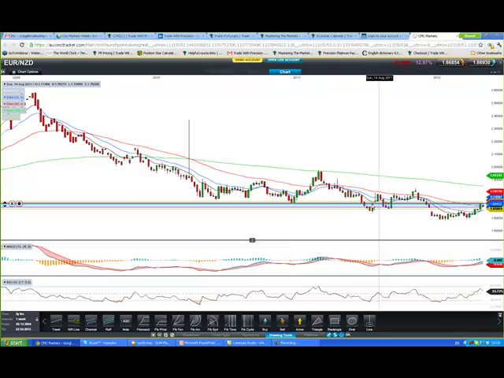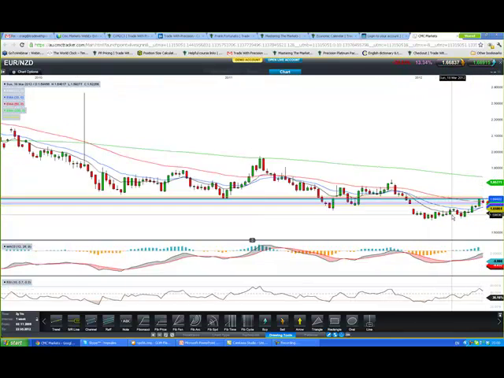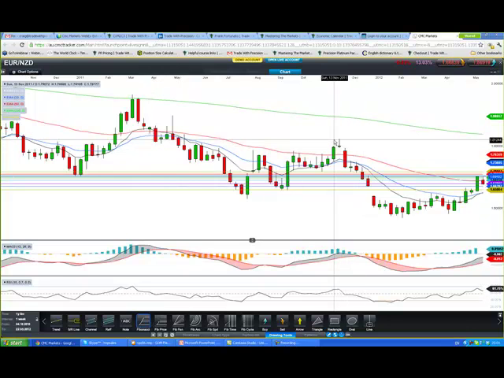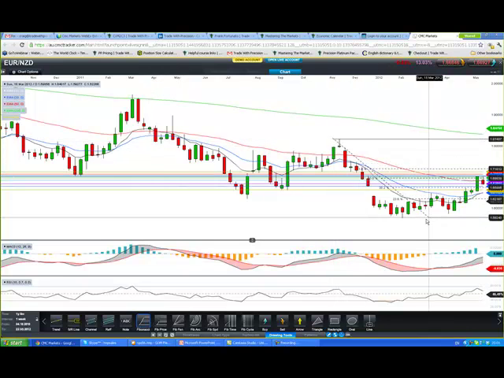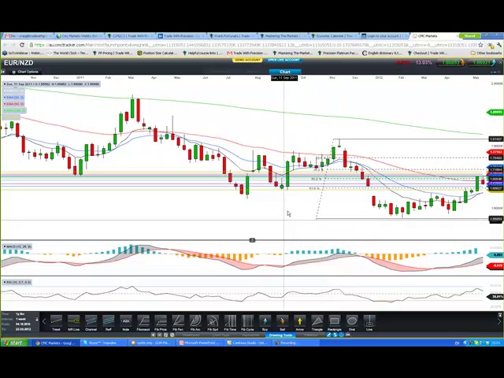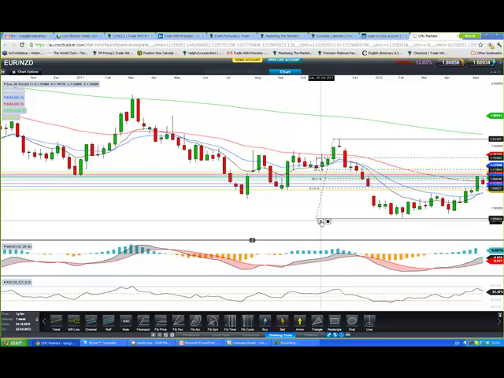Support here, support there, broke down, and now we're up here as resistance. That also coincides with 1.0700, a round number. Price on Euro Kiwi has run up, boom, into this level, and it's rejecting that level. If I draw in some Fibonacci, you can see that where price is, it's also in and around this 50% level.